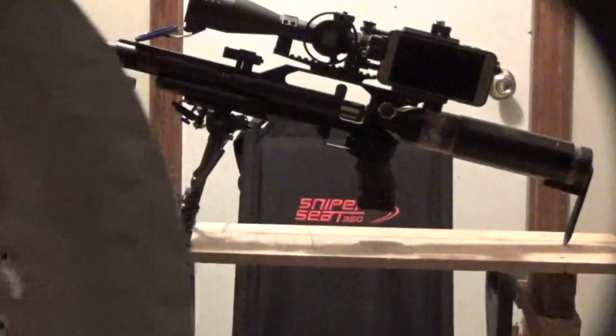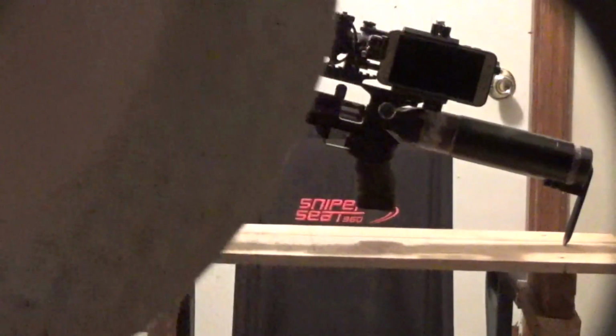Okay, YouTube. Here's that group that I just shot. Let me lock this down. All right, here's the group that I just shot. These are the two flyers, the ones that got away from me. Okay? With the two flyers counted in, that group is 1 1/4 inches. 1 1/4 inch, so his longest point. Without these two flyers counted in,